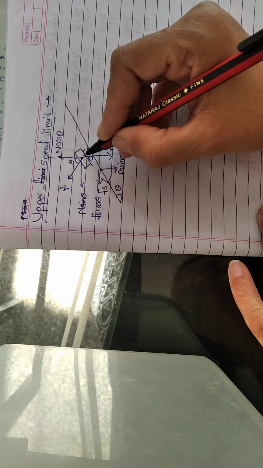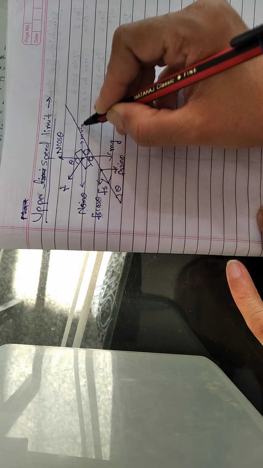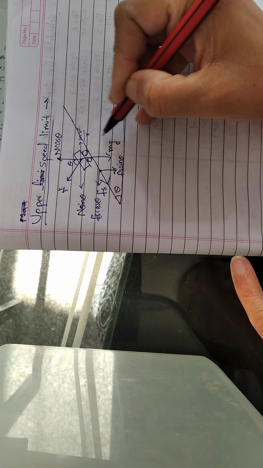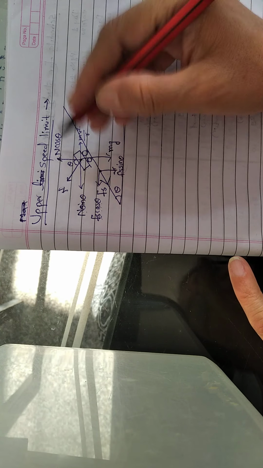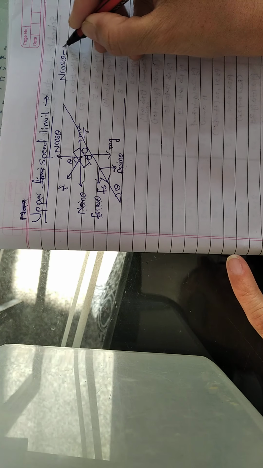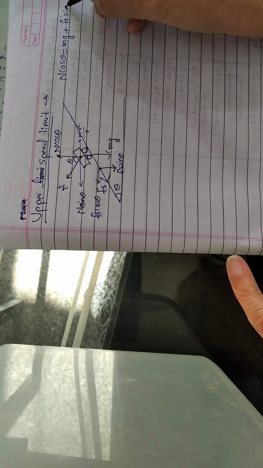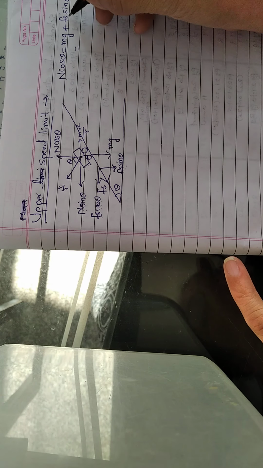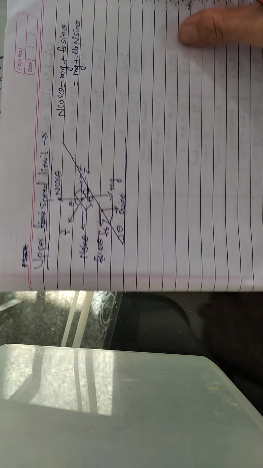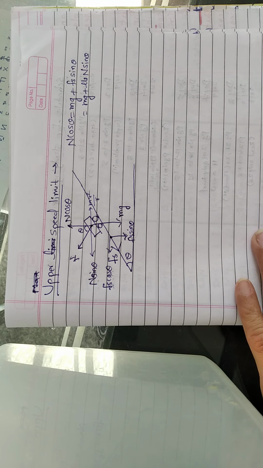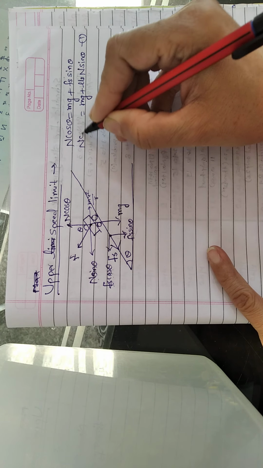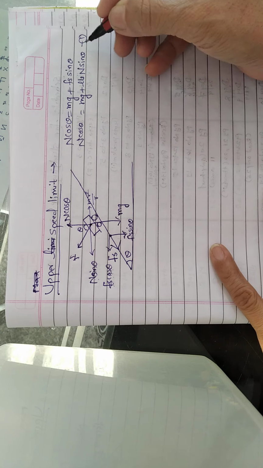Again, one thing is here the centripetal force we can show here mv square upon r, that is the maximum speed. Okay, we can write the two equations. This is the one pair, okay, and this is the other pair. So first equation we can write as n cos of theta, okay, which is equal to mg plus fs sin of theta. Okay, here also we can write fs is equal to mu s into n, because you know that fs is equal to mu s into n. So let us consider this equation as 1. n cos of theta is equal to mg plus mu s into n sin of theta.